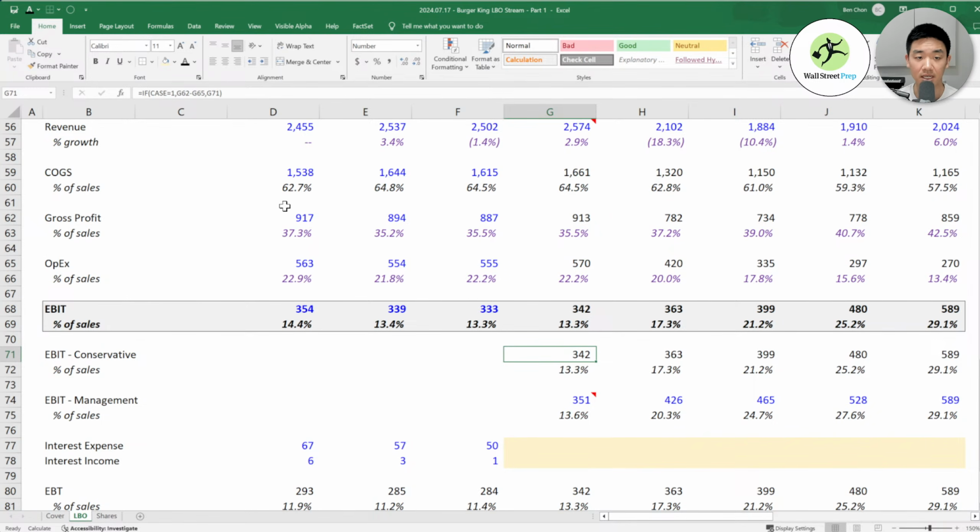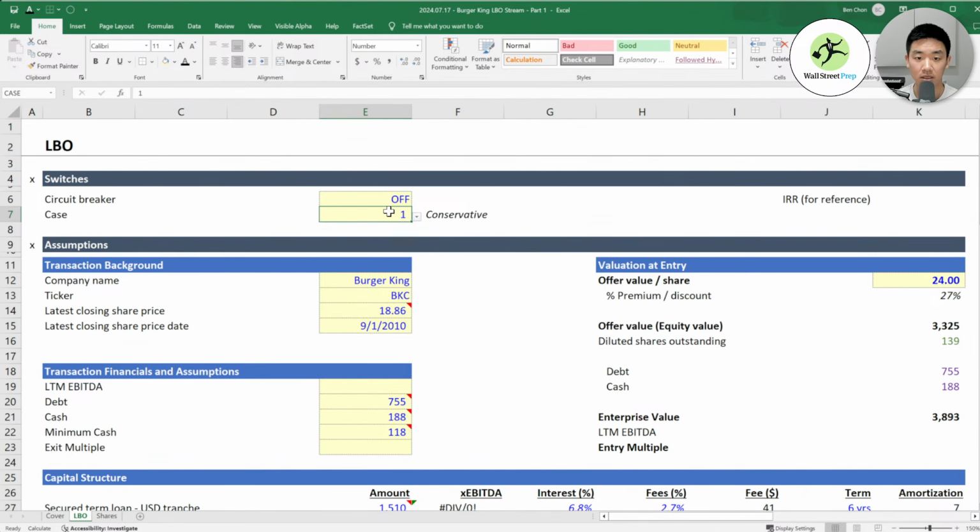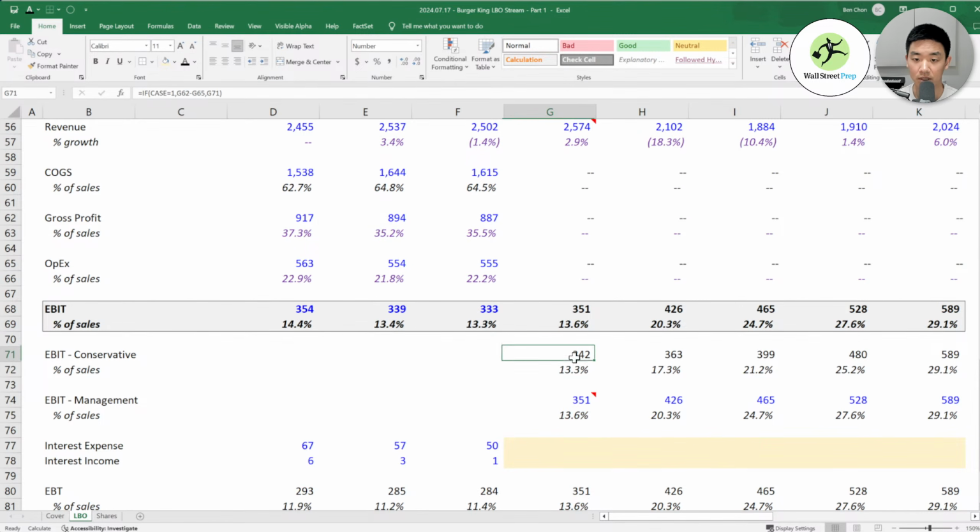So right now we're in case 1. And even if we change to case 2, the number should stay the same, which it does. So versus this, you always want to make things simpler if you can, especially as your models get super, super big. Having sticky if statements actually slows down your model if you have tons of tabs and all of that stuff. So yeah, good catch on that one.